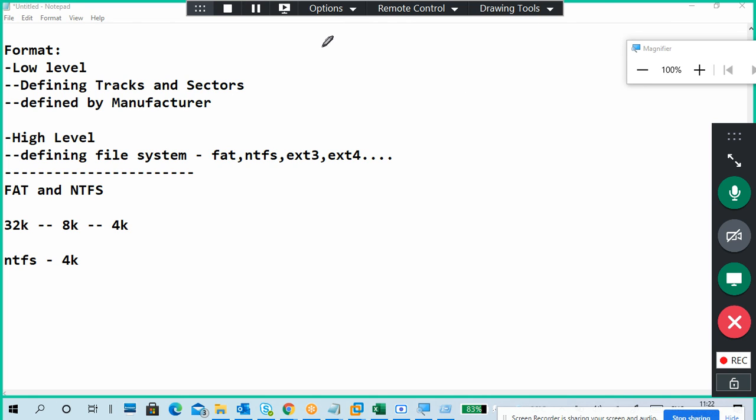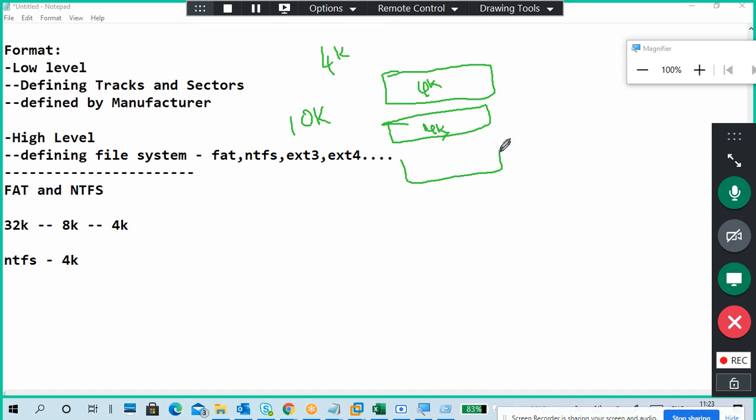Now I'm taking 4K. The unit size, or cluster size, is 4K. Same data, 10K. I take 4K, then another 4K, then another one for 2K. Each block is 4K.